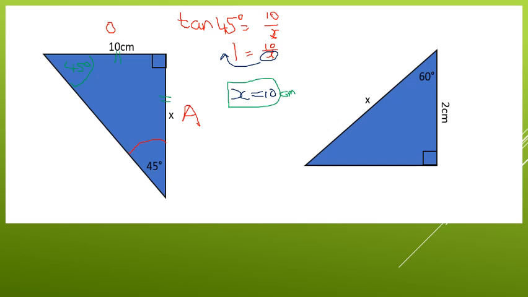Okay, let's do the second one here. So I'll just draw a line here, separate our work. So our first step here would be to label which sides we've got. So here's the marked angle. So this here is the adjacent, and this here is the hypotenuse because it's opposite the right angle. Adjacent means next to. So A and H means we've got cosine, so it's cosine of 60 degrees